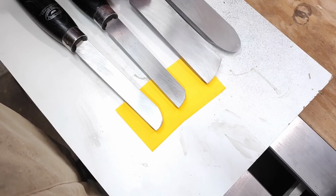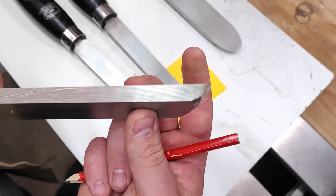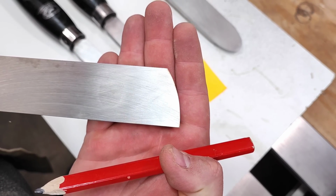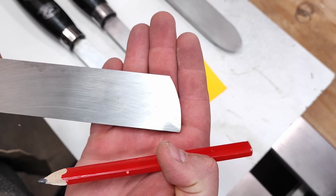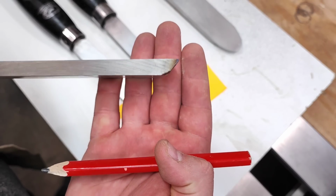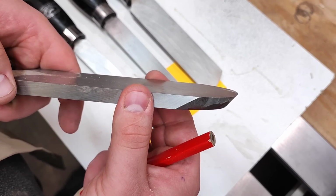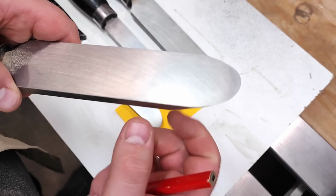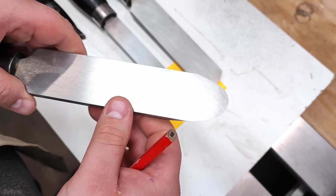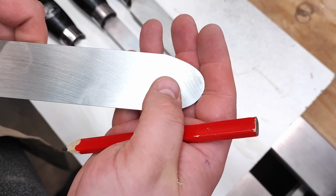Now these two behemoths here are, if I'm not mistaken, 38 mil wide and 10 mil thick. Now this one, hope you can see, has a really shallow curve, and this is great for shallow curves on plates, platters, gets the job really nicely. And this one here, same dimensions, so 10 mil thickness and 38 mil wide, so it's a really big heavy scraper, but with a bull nose profile. So if I have to go into tighter curves